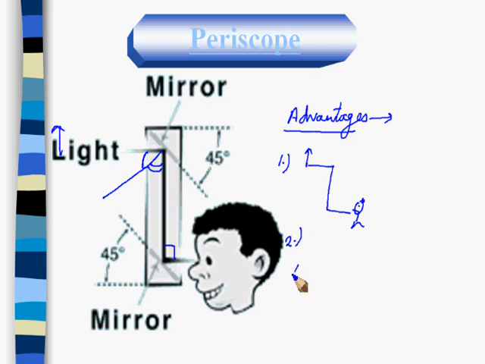Also, besides having some advantages, there are some disadvantages of the periscope, and these disadvantages have the following problems. Now, the first problem is having two reflections, the first is here and the second is here. The image observed is of quite bad quality. The third thing is if the environment outside is dusty, then because of the dust-coated mirrors, we cannot observe the image of the object.